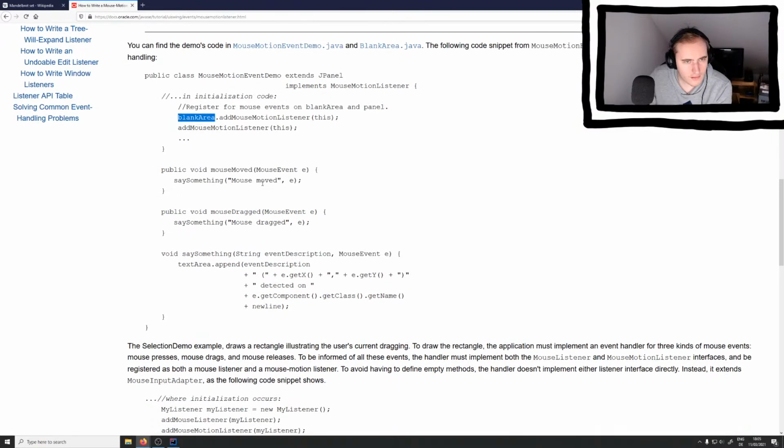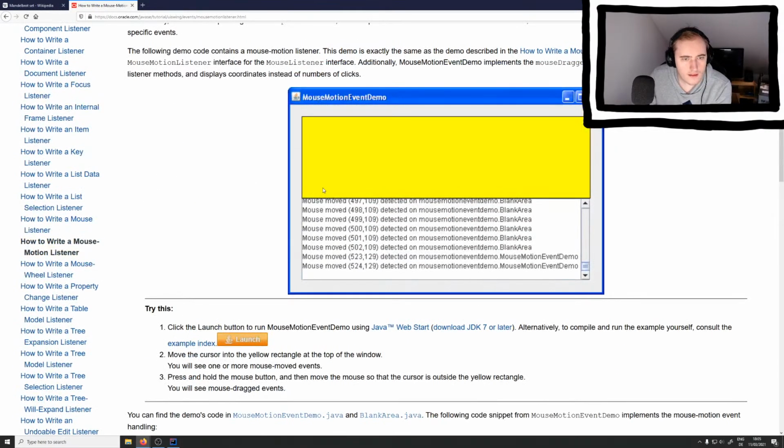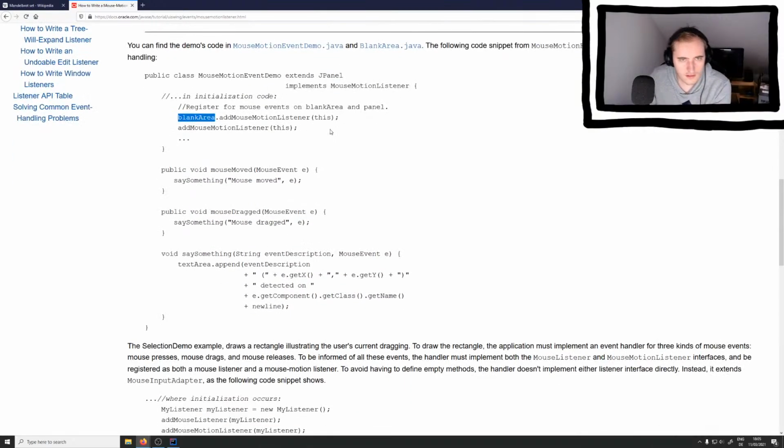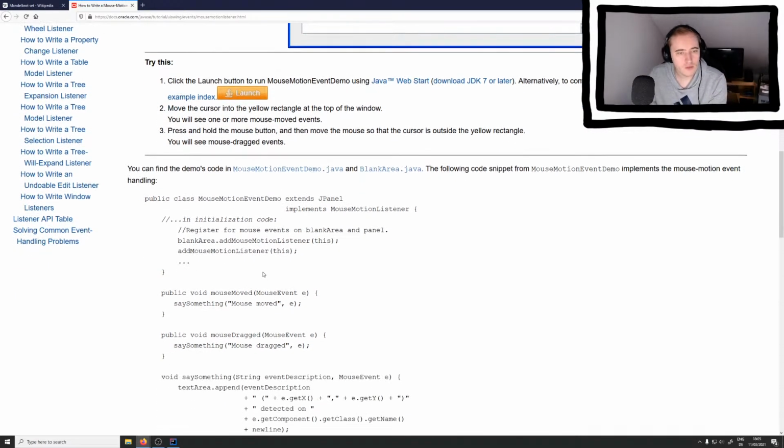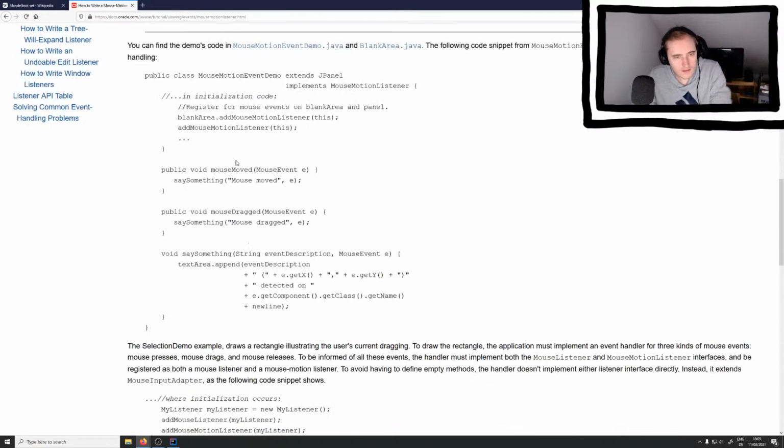What's blank area? This documentation is really weird. It registers for mouse events on blank area and panel. Ah, okay. So I need to add a mouse motion listener to